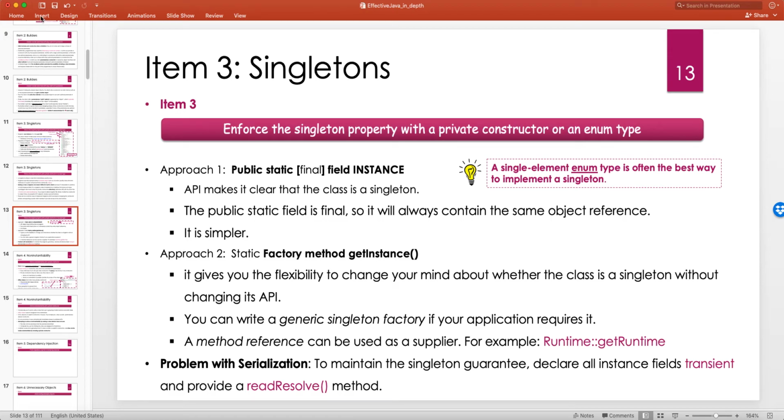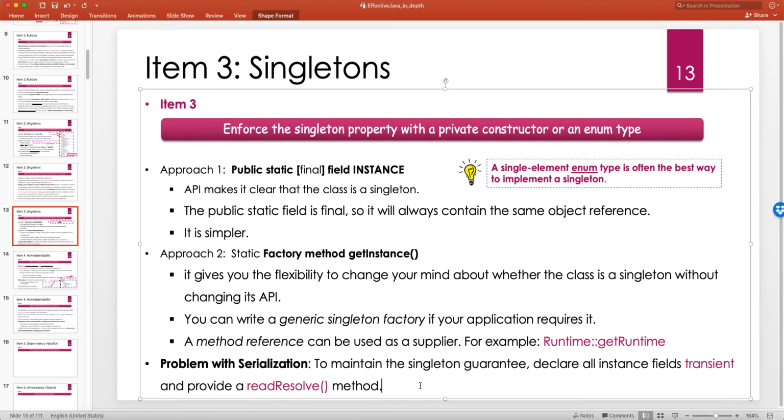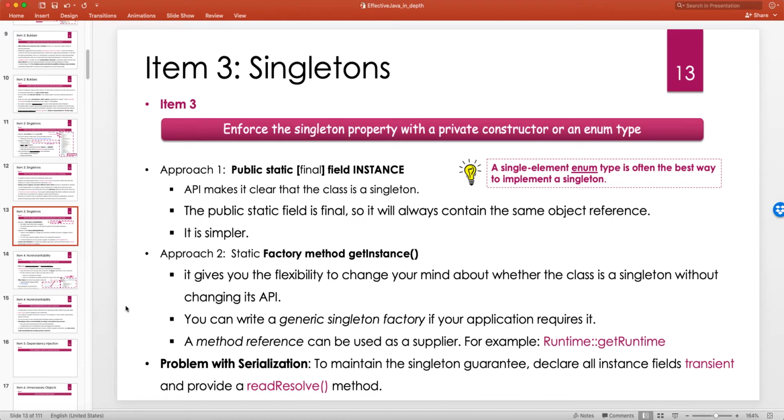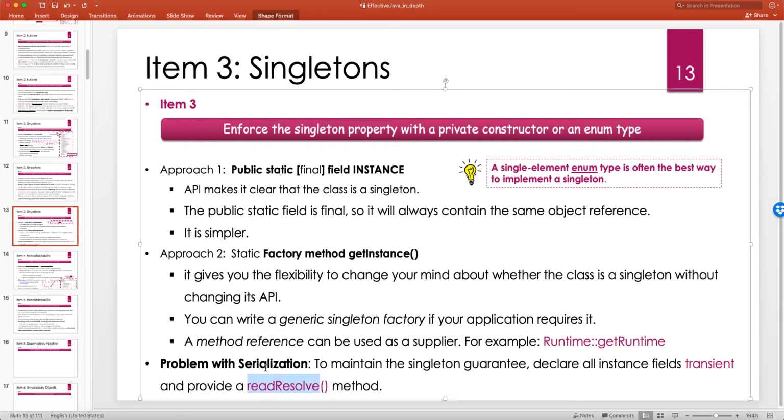So what happens here is that if you don't do this, if you don't provide readResolve, the JVM will create a new instance when you serialize and then deserialize. That's the problem, and you can solve it by providing a readResolve method, which has